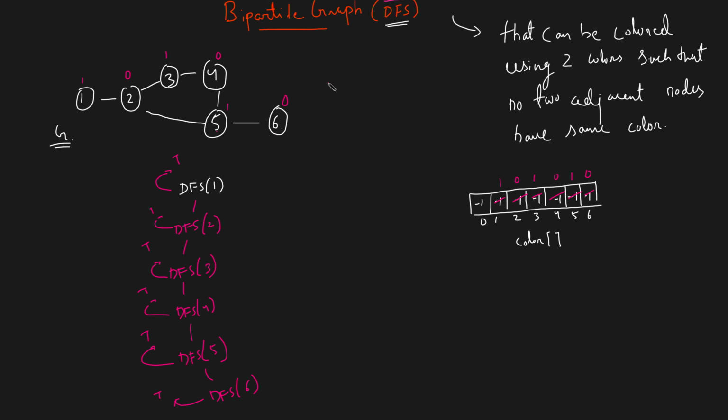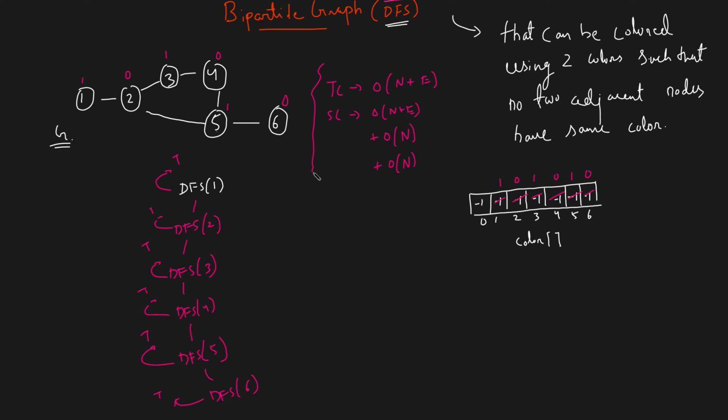Now what is the time complexity? The time complexity will be similar to what DFS takes. It's going to be O(n plus e). What about the space complexity? We're definitely using a big O of n plus e in order to store the graph. We're using a big O of n for the color array, and a big O of n for the auxiliary space of the recursion, right? A lot of times people don't take that into consideration, but you have to. So that's the overall time complexity and the space complexity.